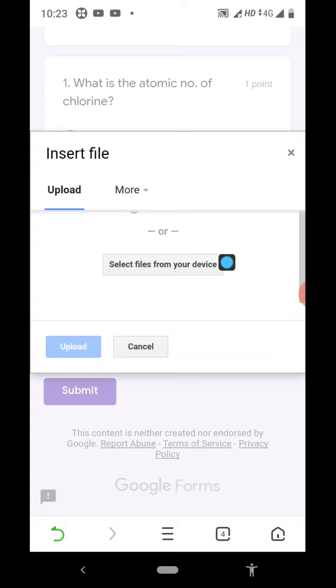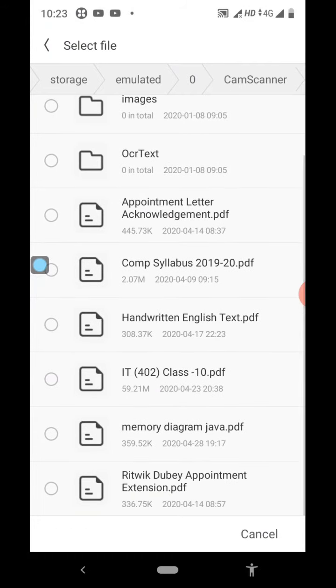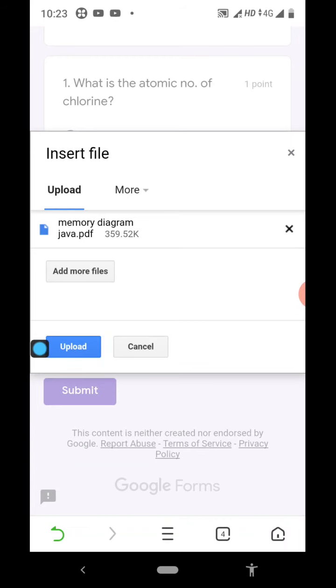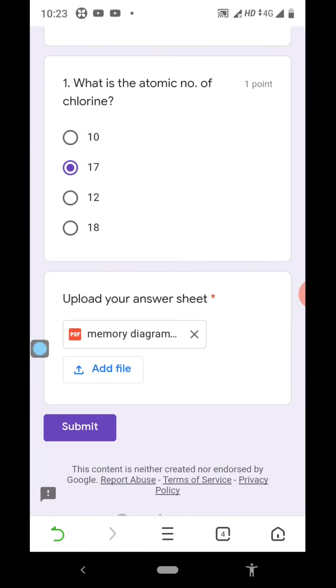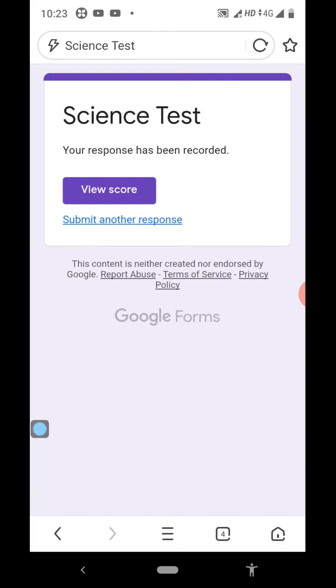Then click on select files from device, file manager, memory diagram PDF, java.pdf. Let me add this, upload. You can see the PDF file got uploaded and then the student has to click on the submit button.